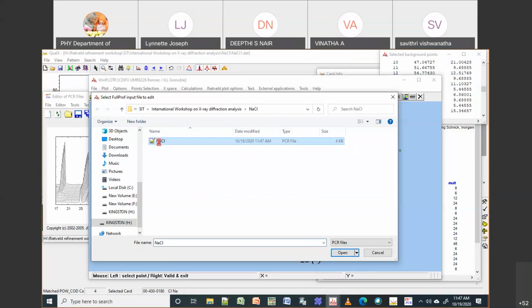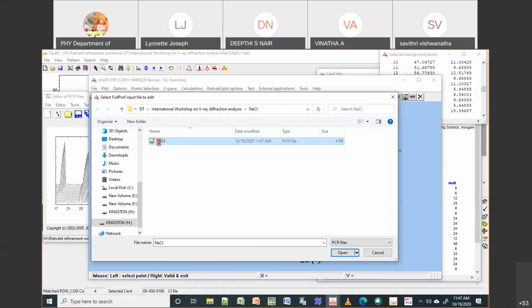If I go to profile, I need to put the ABC values. ABC is 5.639. Right now ABC is 000 because here it is 000.